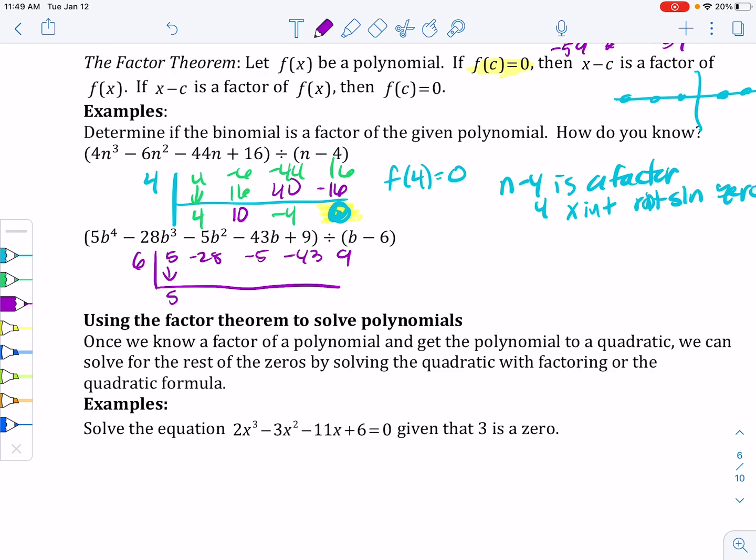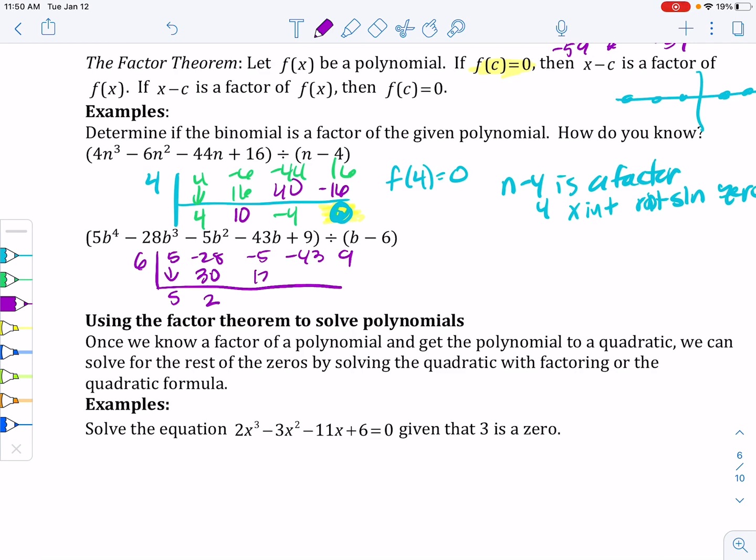So I bring down the 5, 6 times 5 gives us 30, -28 plus 30 is 2, 6 times 2 is 12, -5 plus 12 is 7, 7 times 6 is 42, -43 plus 42 is -1, 6 times -1 is -6, 9 plus -6 is 3. So that means that we've got f of positive 6, because I have to change the sign, is 3. Okay. So our remainder is not 0, so that means that b minus 6 is not a factor